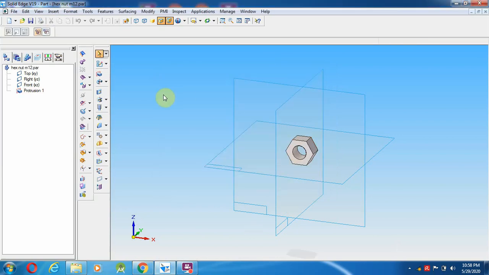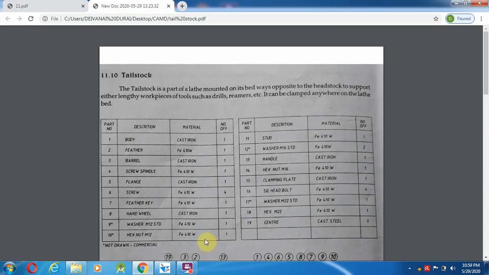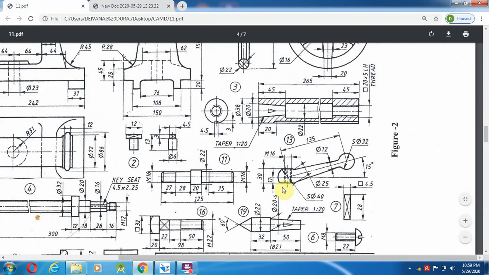After saving this, what is the next component we can go for? That is the stud. Stud is the 11th component. Here, M16 mm diameter up to a length of 55 mm.